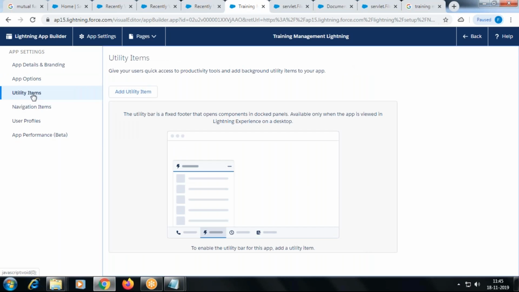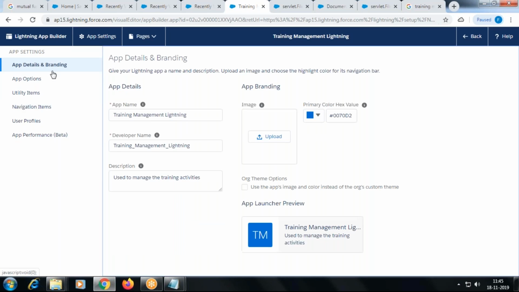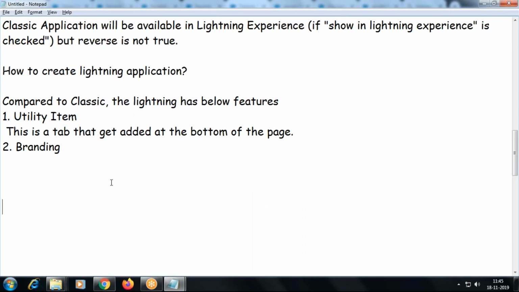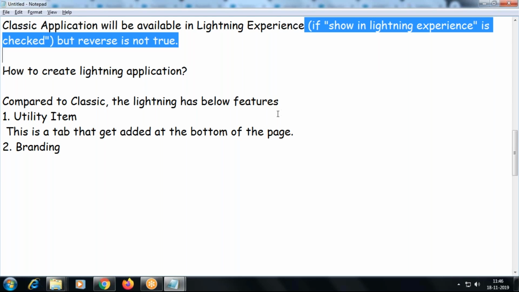Now it's available. Utility items are available, and you can do the branding because it will have all the Lightning features. It's an upgraded version of your Classic. Okay. So when you upgrade Classic, the Classic will still be there, and one more version is created called Lightning. So the reverse, Lightning to Classic, is not possible.